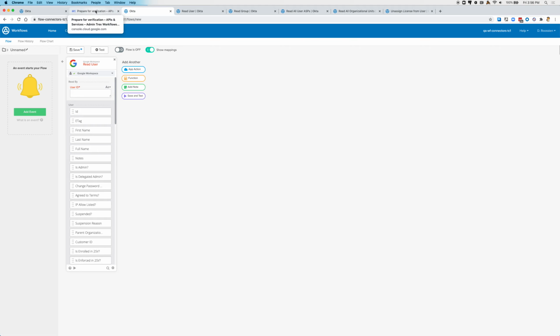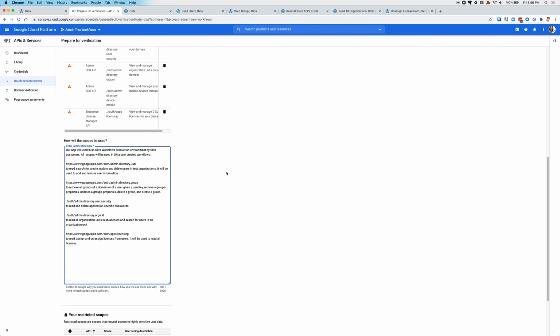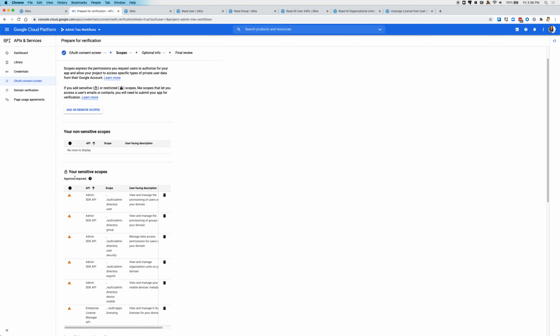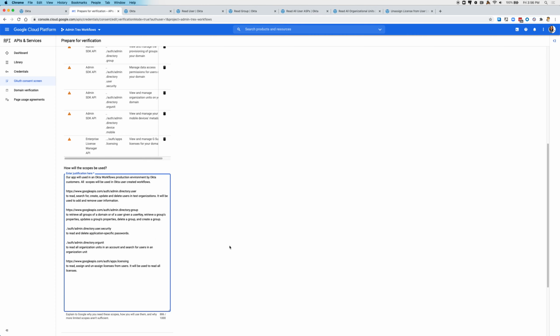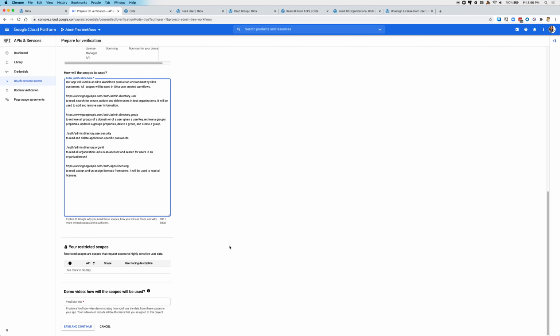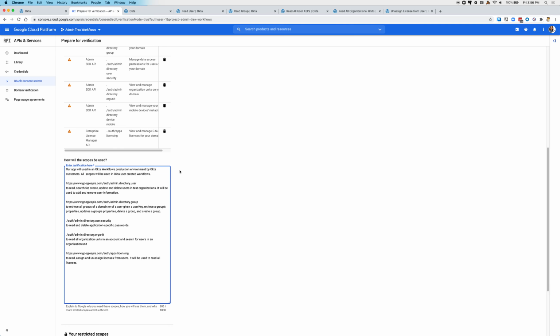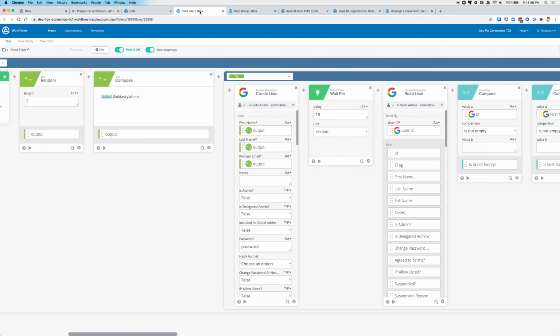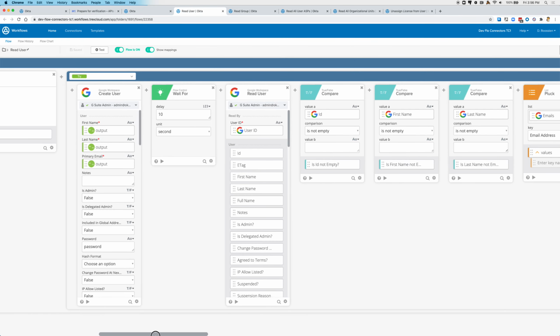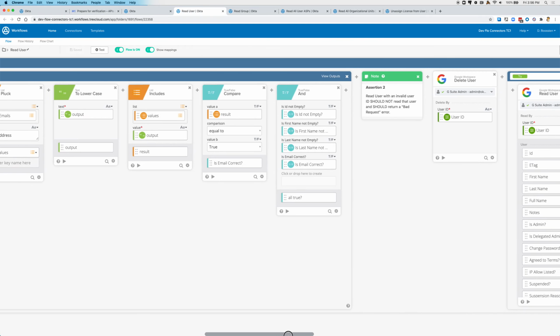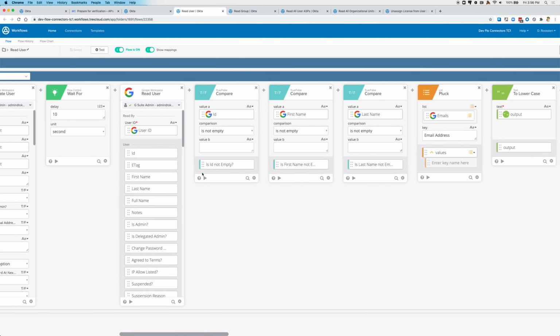Now I just want to walk through each of the scopes, particularly the sensitive scopes. We're only requesting sensitive scopes here, no restricted scopes, and no non-sensitive scopes. First of all, we're going to request the scope for directory users. This workflow demonstrates that we are using a create user card, and then we're doing a read user